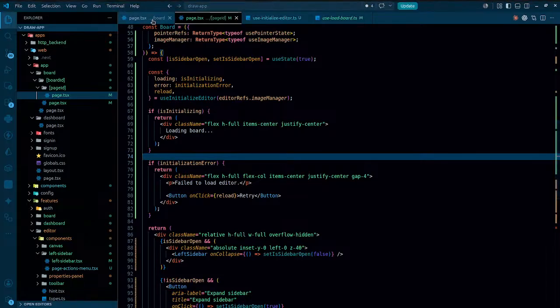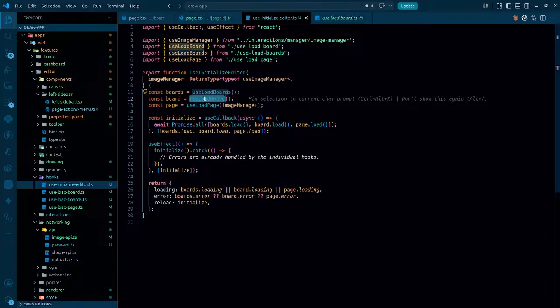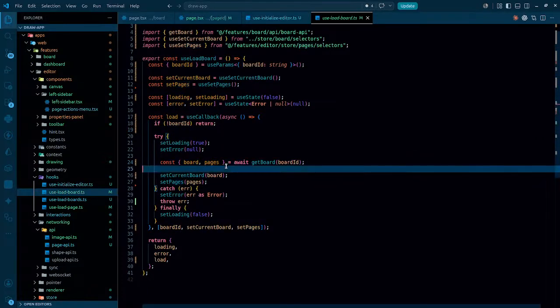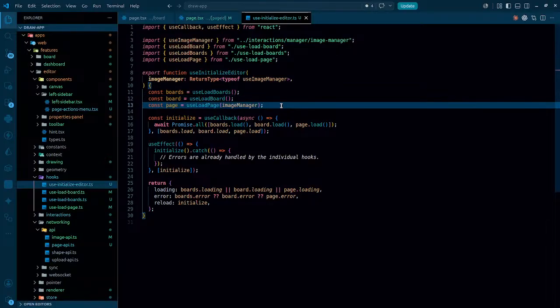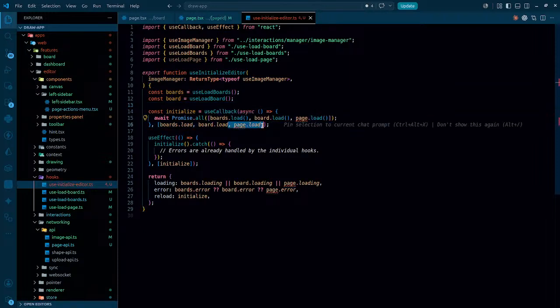So let me do one thing here. Loading the board is even fine because we are getting all the pages in here. But as far as this is concerned, use load page manager, image manager, that doesn't need to be loaded in here. So we can just simply call it